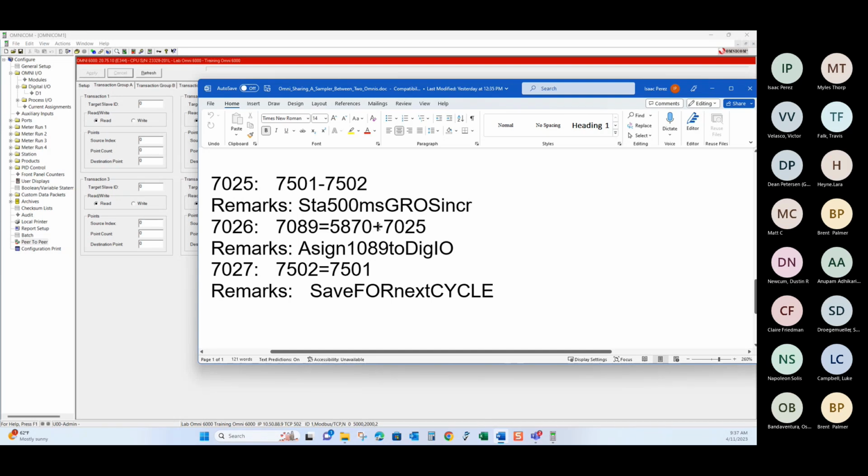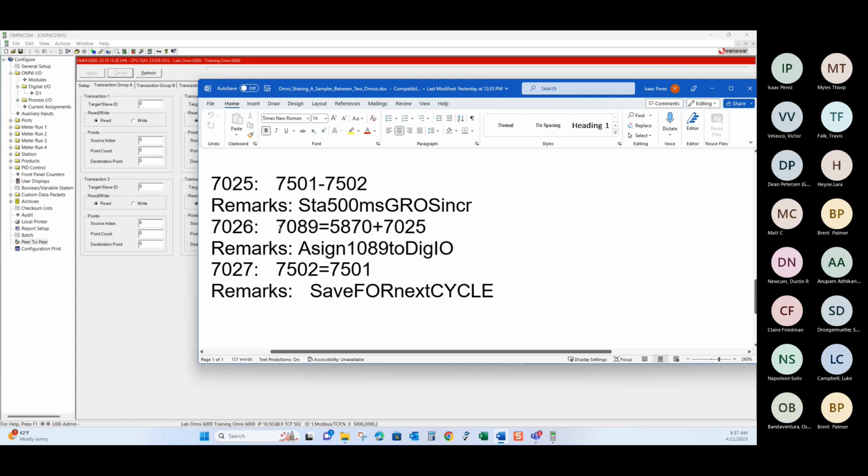And it says plus whatever's in 7025. And this was the increment, remember? The 500 millisecond increment in 7025. So we're taking the current increment in the A Omni plus the increment from the B Omni, and we're putting